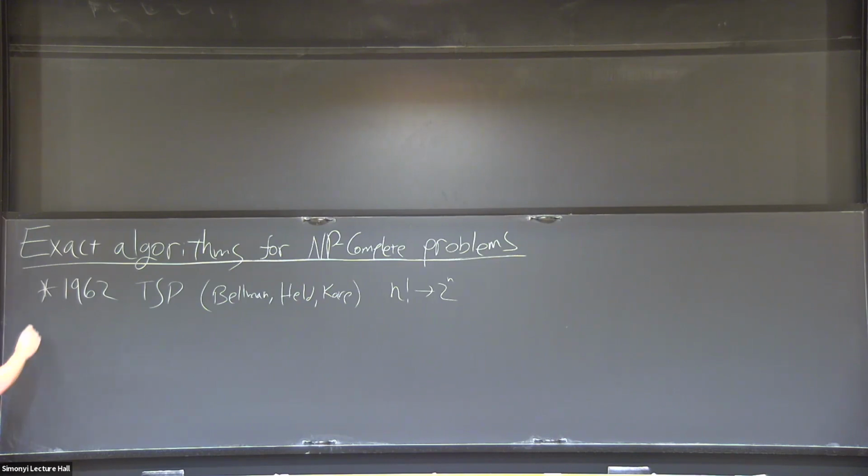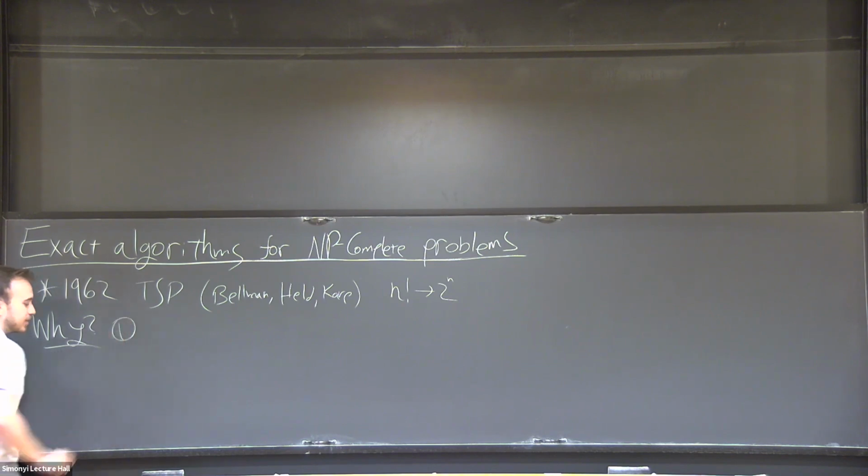And now maybe a good question to ask is why? Right? Why do we care about exact algorithms that are not efficient? So there are a few good reasons. I care less about the first one I'm going to state and more about the last one I'm going to state, but still I will state a few of them. One reason is that people actually want to solve them sometimes. Like,